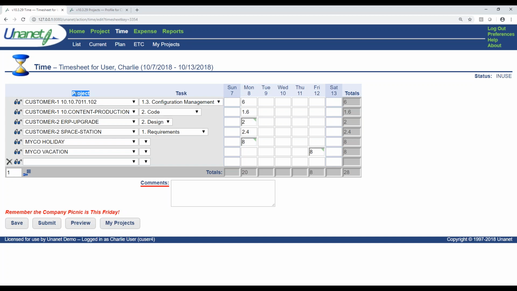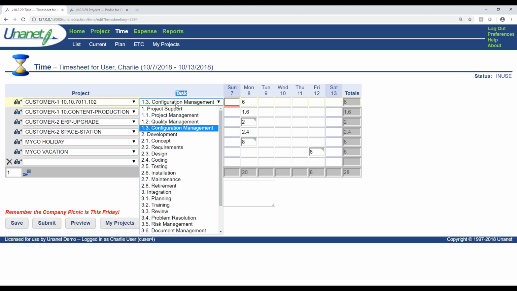So those controls can be set at the project level. They can also be set at the task level. And this can be a relatively unusual concept. To introduce it here, a task, subtask, is really a work breakdown structure that can be configured into Unanet. You can assign people at the project level, or you can assign them at the task level. So you can have different people doing different tasks on a project with different beginning and ending dates and different hours budgets. So those controls can be set at the task level.